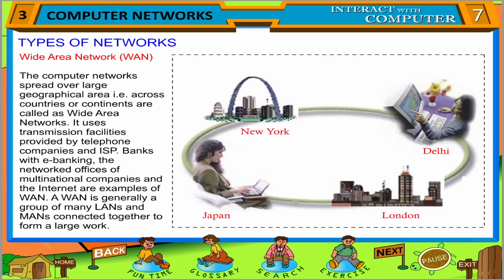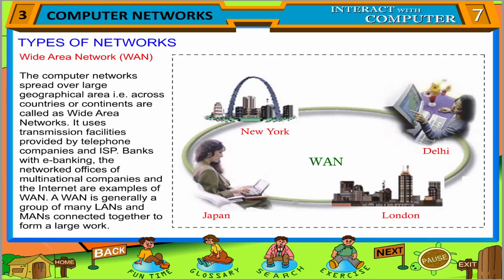Wide Area Network or WAN. The computer networks spread over a large geographical area, that is across countries or continents, are called wide area networks. It uses transmission facilities provided by telephone companies and ISPs. Banks with e-banking, the networked offices of multinational companies, and the internet are examples of